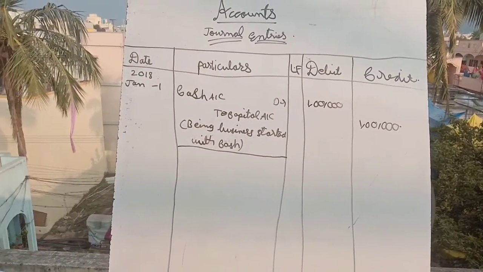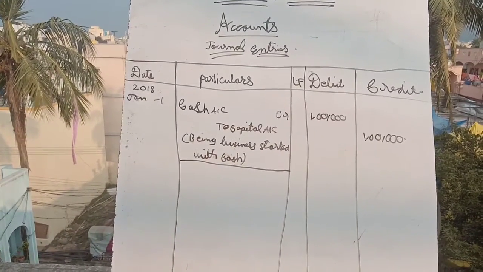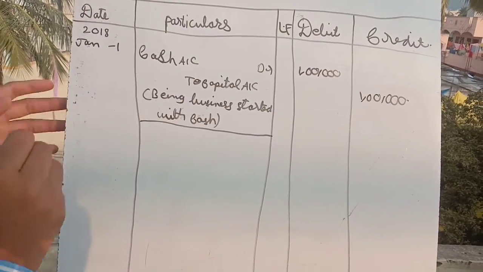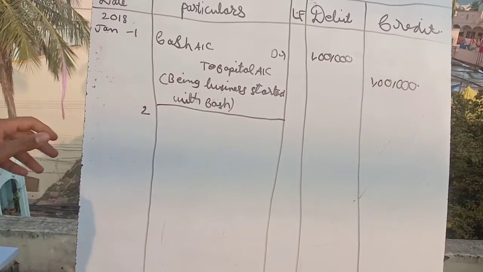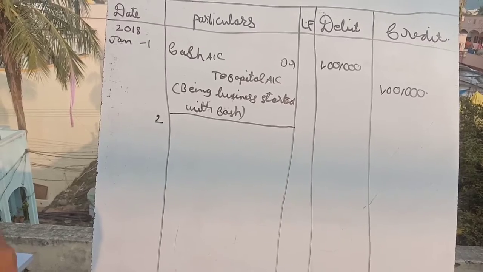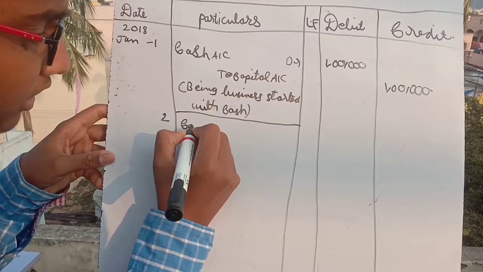Let's do the second journal entry. What is the second transaction? That is purchased goods. 2/1/2018 purchased goods for cash 25,000. From now onwards there is no need to record the year and also the month. We will just write 2. The transaction is purchased goods for cash. So here cash is coming into our business. So cash account debtor